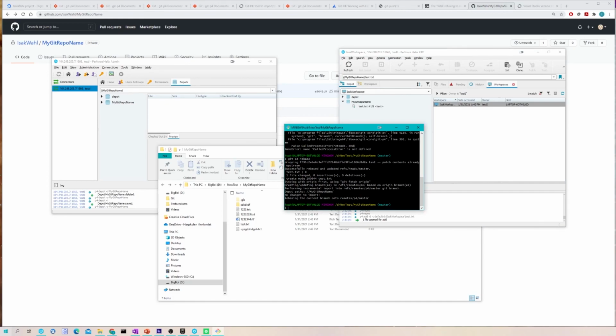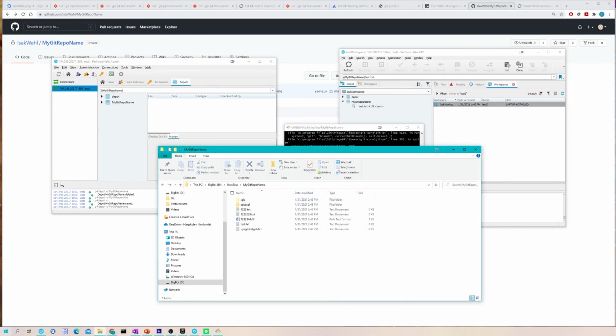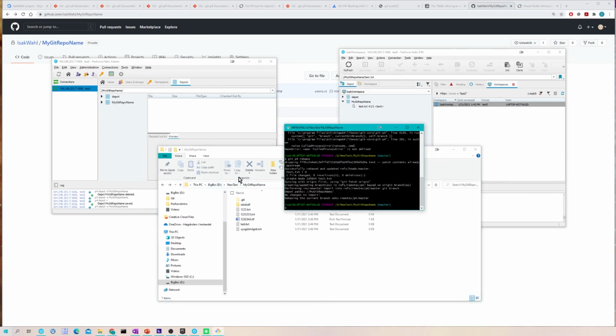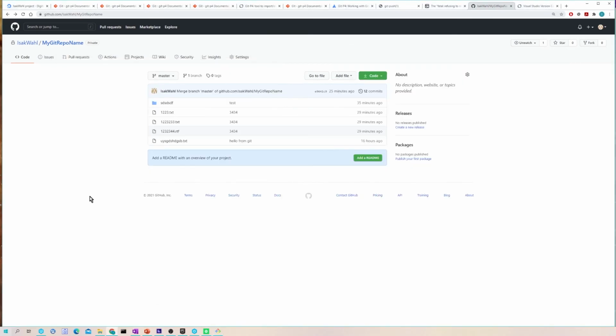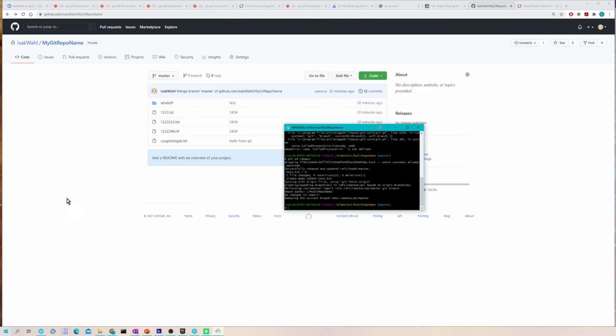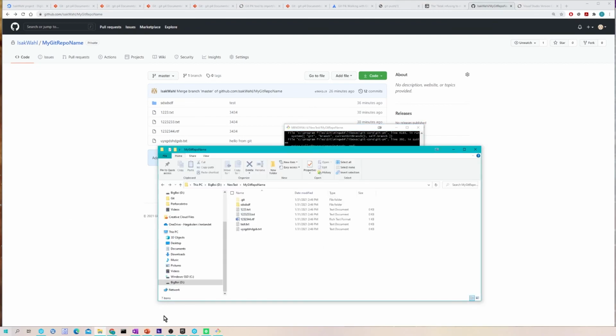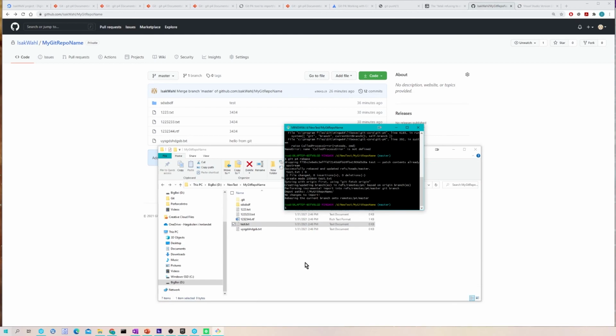Okay, so now we have gotten our file onto our GitHub repo here, and this file is currently not in the online repository. So we want to assume that we have made a big change, and this test file is really important. We wanted to send it over to GitHub. So what we're gonna do is we're gonna do git,